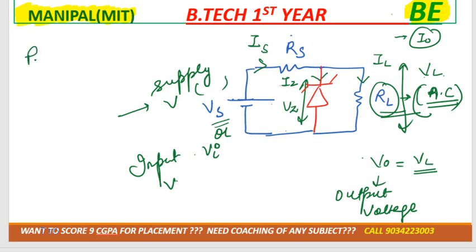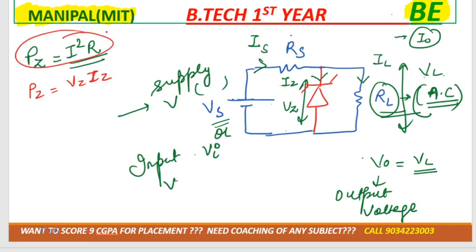Sometimes they can ask you the power across Zener. So the power formula is I square R, one of the formulas, या फिर PZ is equal to VZ into IZ. तो जब भी power they'll ask you, we don't use this formula because we don't have resistance for the Zener diode. Correct? We don't have resistance for the Zener diode, so we'll always use this formula for the power: VZ, that is the voltage across Zener, multiplied by IZ. ठीक है,